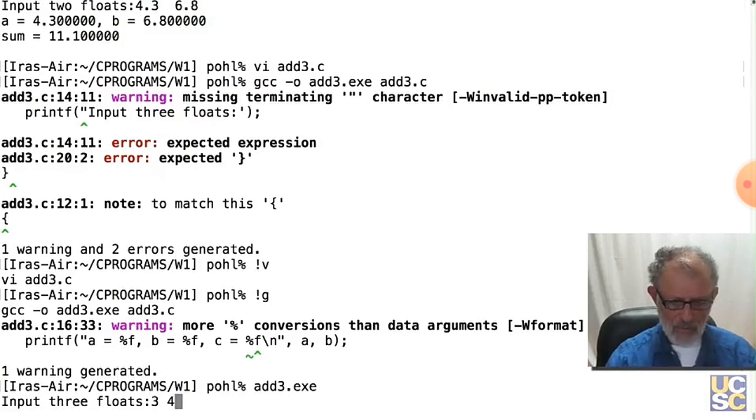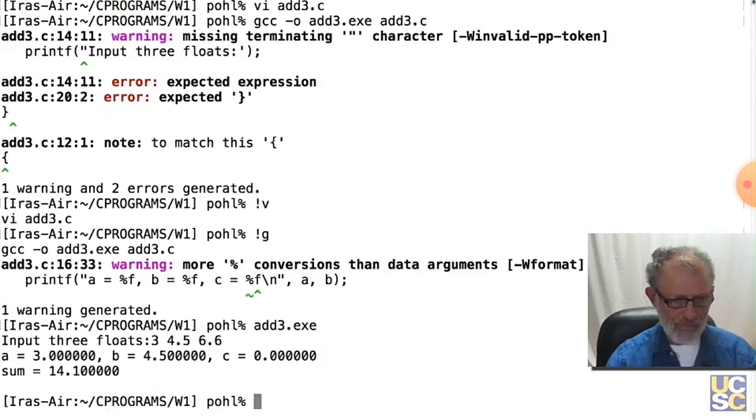3, 4.5, 6.6. And look what happened here. I got 3, 4.5, but C was shown as 0, but the right result happened, 6.6, and we ended up with a sum of 14.1. So if we had fixed the program based on that warning, and I'm going to go back and do that,